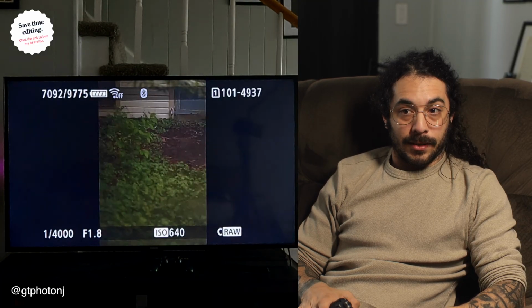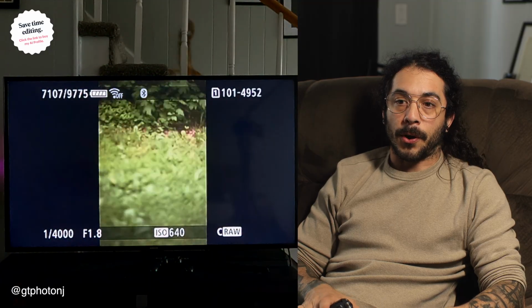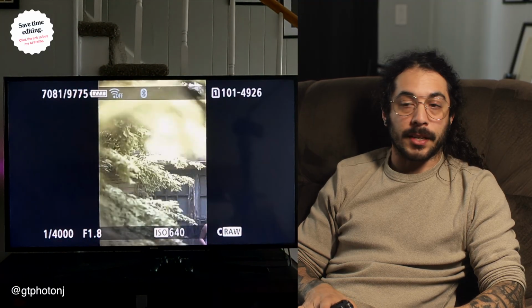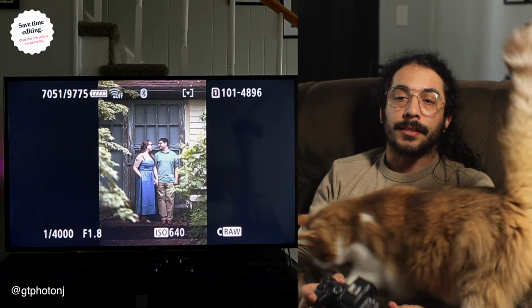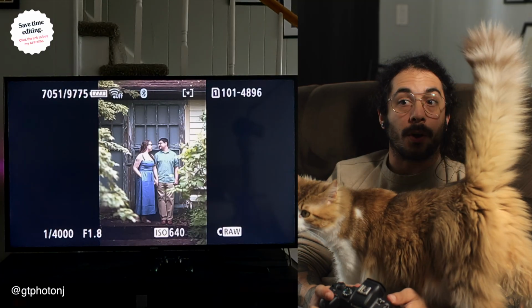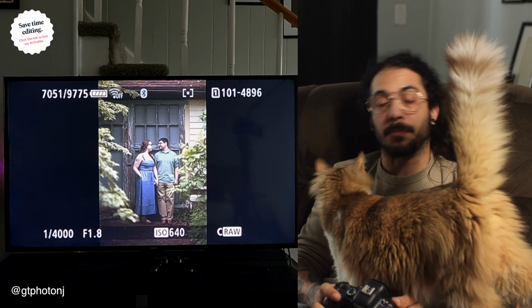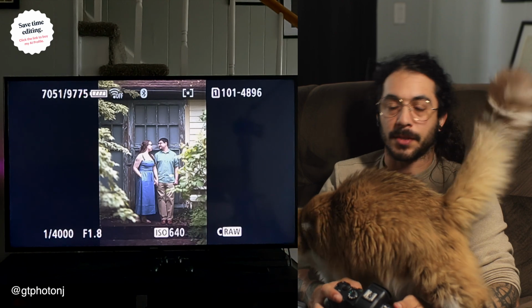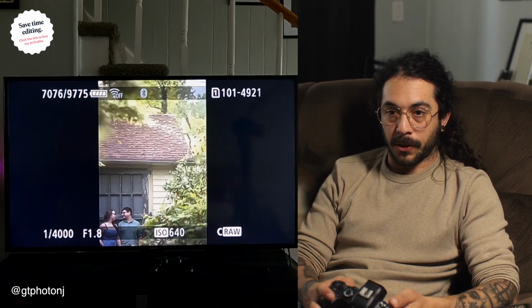So in this instance, I have a ton of photos that I know I'm going to need for this pano, and I don't want to sit here photo by photo, one starring each one. So, hey Victor. Victor's joining us. So, instead of just one starring each one, I'm gonna one star the first and the last, and when I get them on my computer, I'm just gonna select all of those in between and hit the one button, and we're good. So, here I go, gonna go to the end of it,